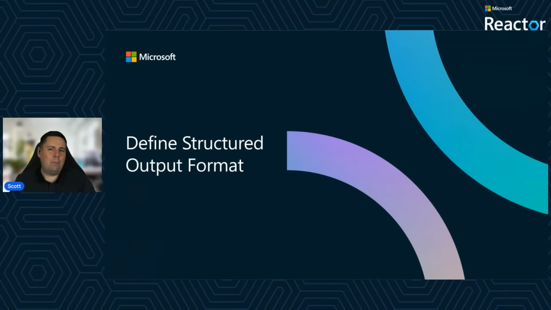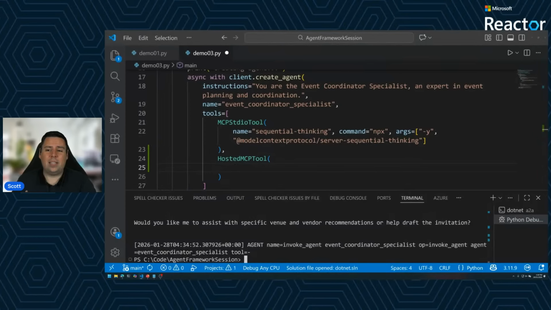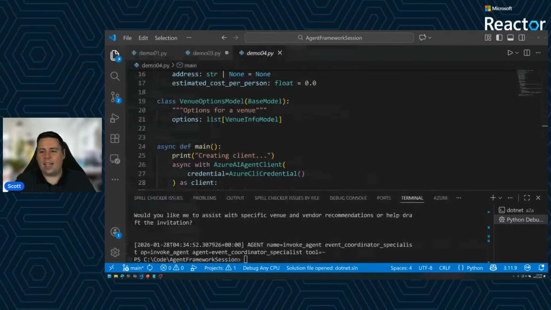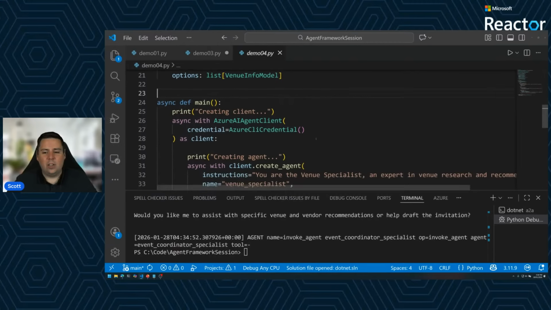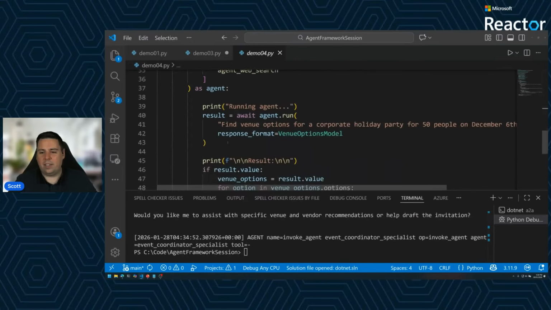But I find that if you spend all of your time focusing on the low-level parsing, you kind of miss the benefit of structured output, which is being able to focus on the model or the thing that's relevant to the business itself. So in the Microsoft Agent Framework, it takes a little bit more of a generic approach where we actually begin to specify, rather than just saying, hey, give me some text in and out, we can then actually begin to specify response formats. And here, our response format can point towards a model.